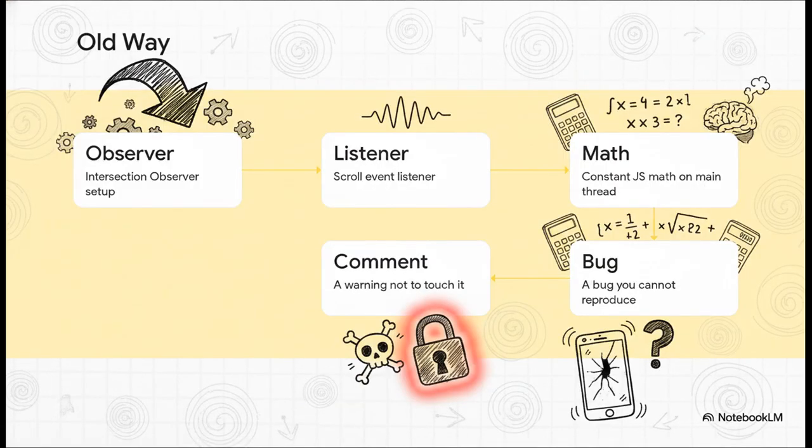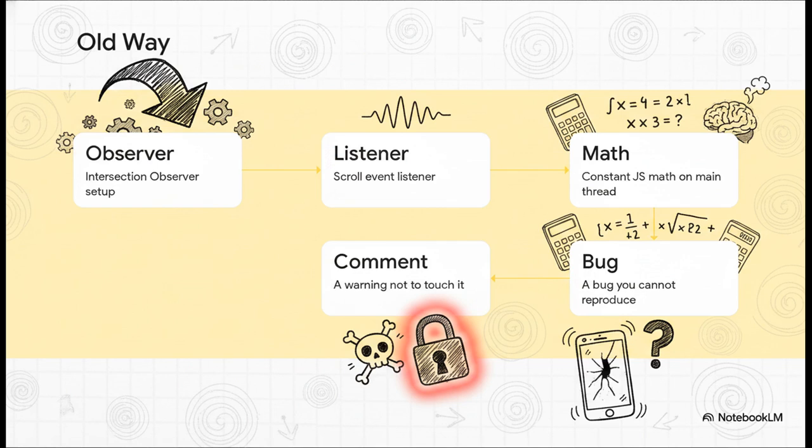Which leads us perfectly to my absolute favorite piece of developer pain: building scroll-driven animations or parallax effects the old way. This is just shared trauma. Ugh, I have lived this exact nightmare so many times. Okay, first you set up an intersection observer. Then you attach a scroll event listener. Step 3, math. You are running constant JavaScript math on the main thread, calculating offset tops, subtracting window inner heights,